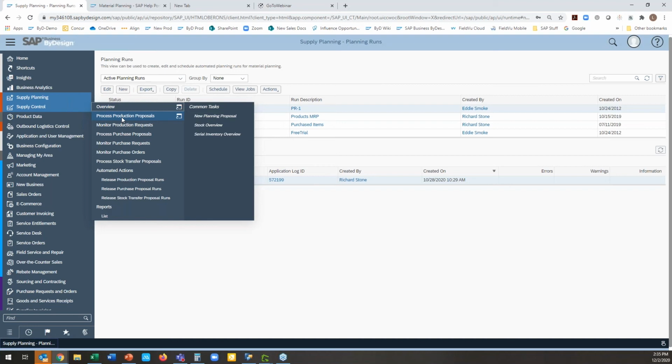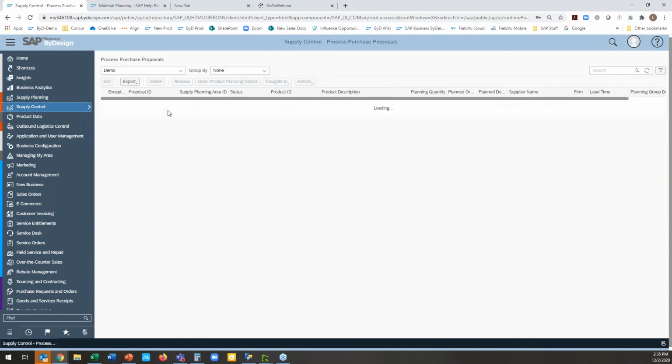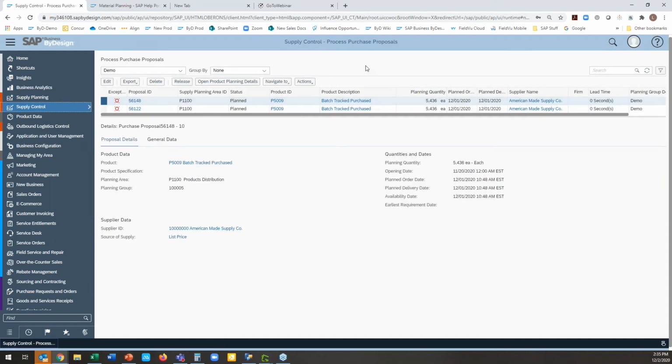Again, I think about the way I used to plan things from kind of the top level down and then execute from the bottom up. This really allows you to do that very fluidly. So for things like your purchase proposals, we can look at when your planned order date is, the planned delivery date, and things like that. I specifically use this area for my purchasing most specifically, because when you do look at supply demand as an example,